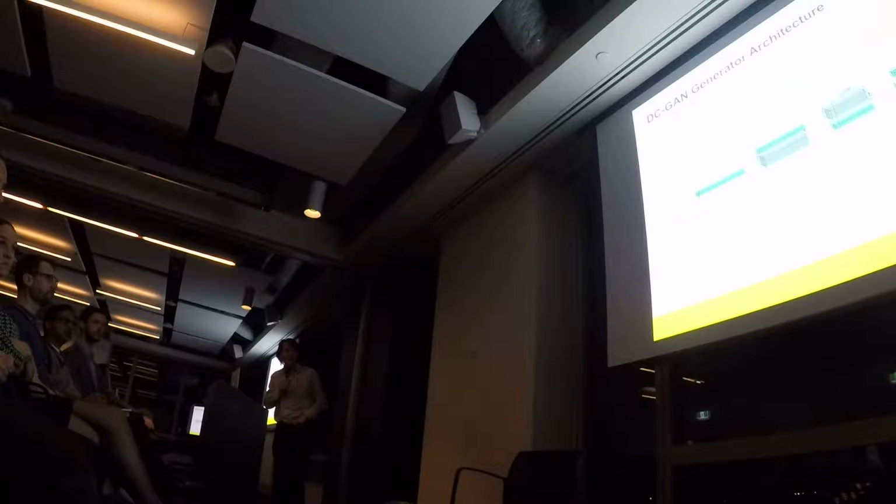Now I'm not going to say too much about it because Sage is going to go into much more detail, but the idea with these generative adversarial networks is that instead of calling them artist and critic, they call them generator and discriminator. And the discriminator is one of these convolutional neural networks that's been used in recent years for image classification. So the discriminator takes in an image and comes out with a single number,